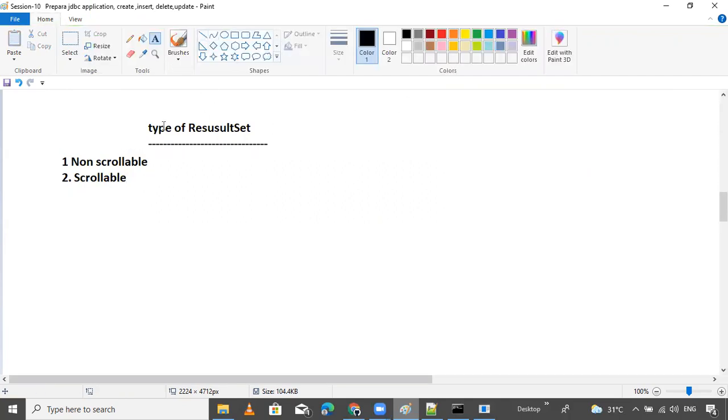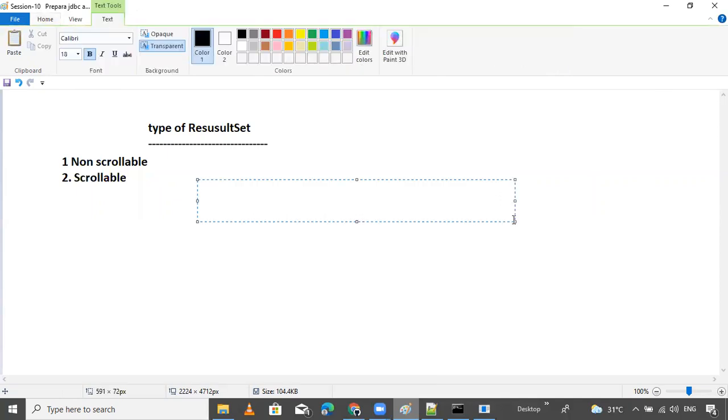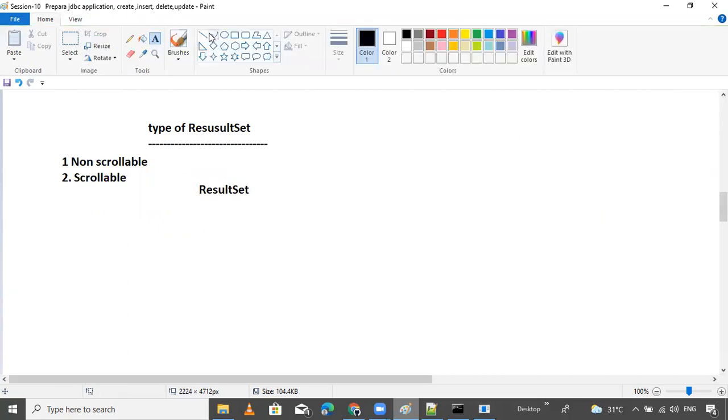Okay, now I'm showing some points about result sets. See the very good diagram. Two types.